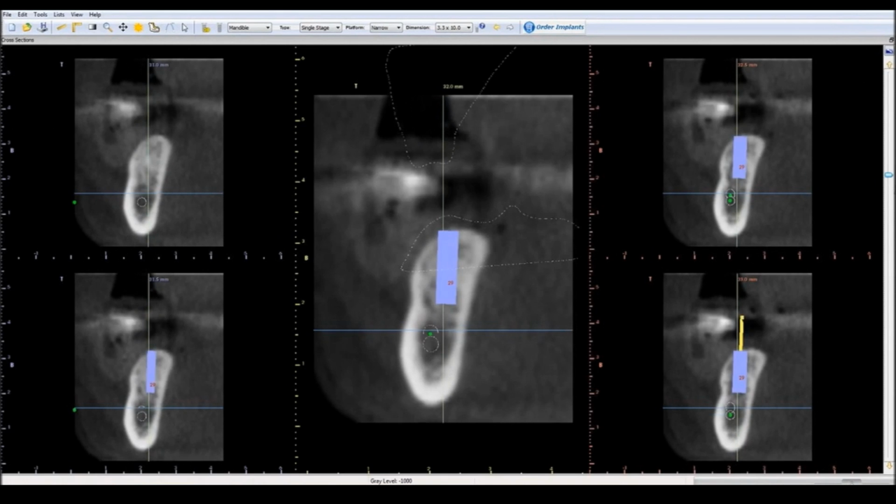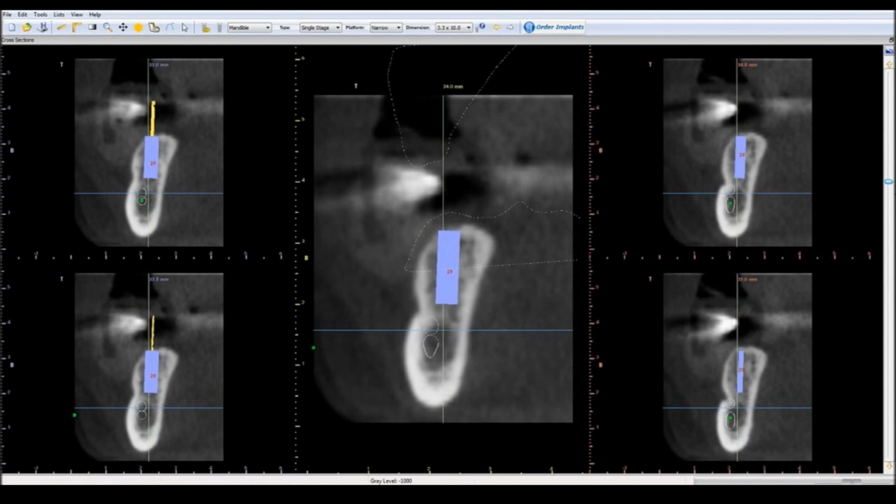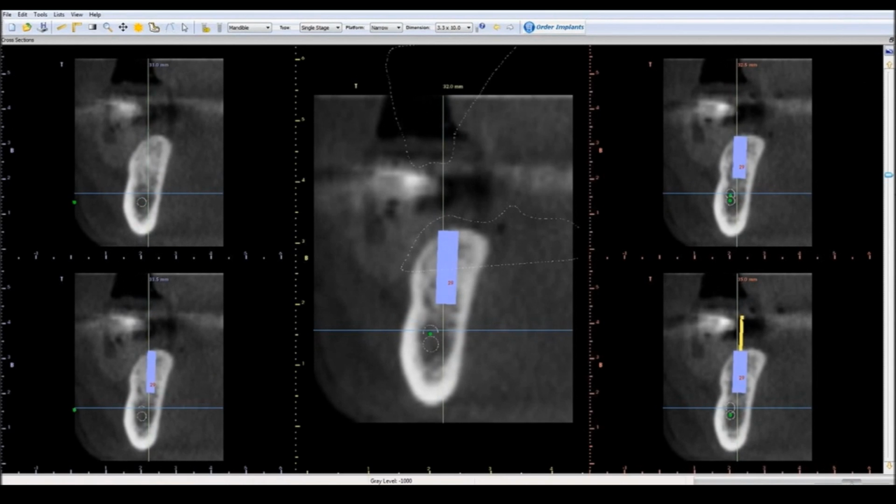It's not letting me get the center line in the central panel. What I wanted to illustrate was that